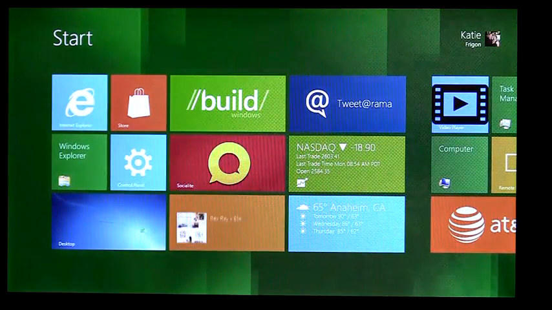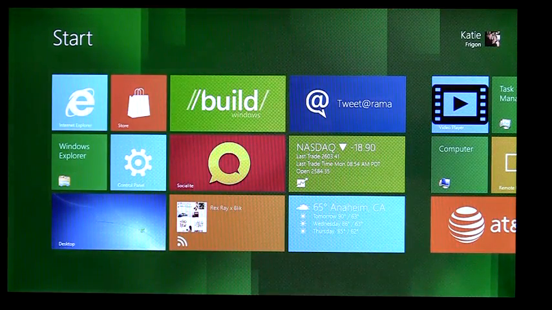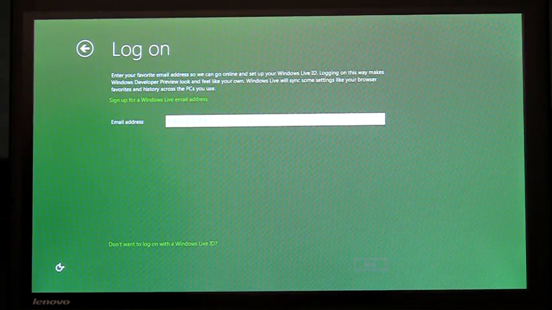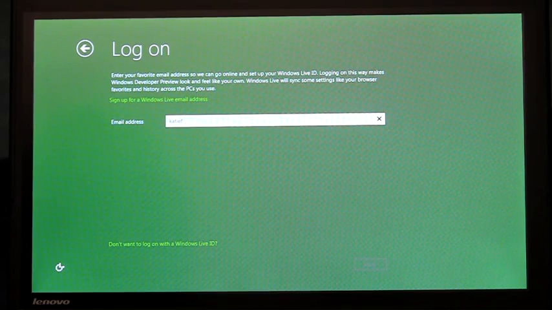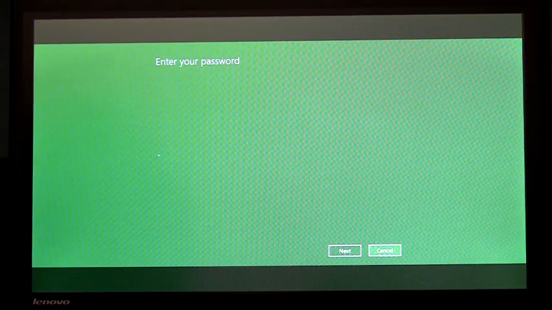So let's go over to my second PC that I just got, and I'll show you how this works. Okay, so now I'm going to go ahead and set up my second PC. So here I'm finishing setup. I'm going to type in my Live address, and then it's going to ask